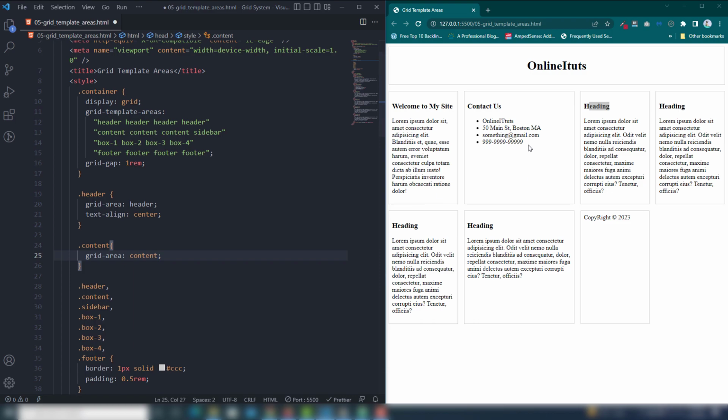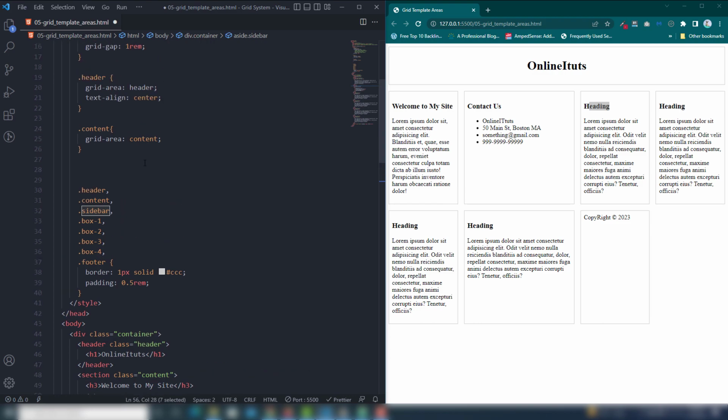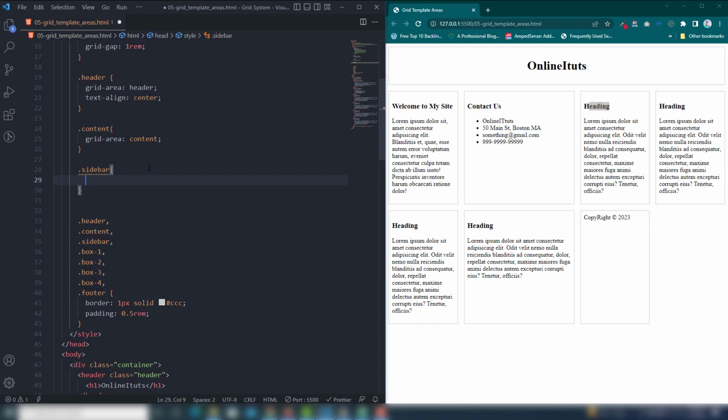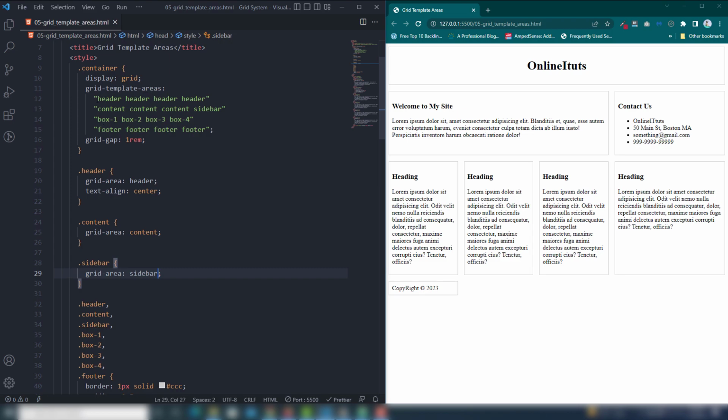But we also need to add the sidebar, right? I used content 3 times, which means it will cover 3 sections. So I will use the sidebar also. First we need to select the class and write the class name, then grid area sidebar. So as you can see, guys,